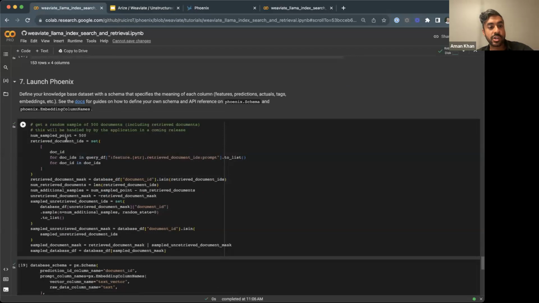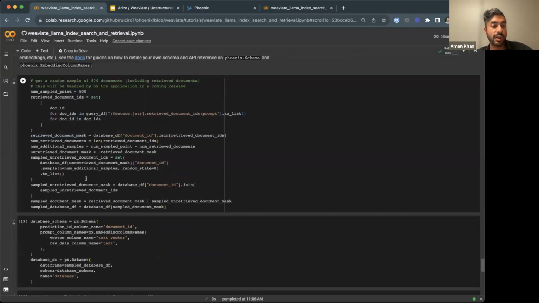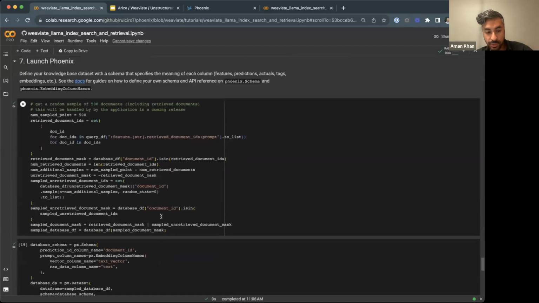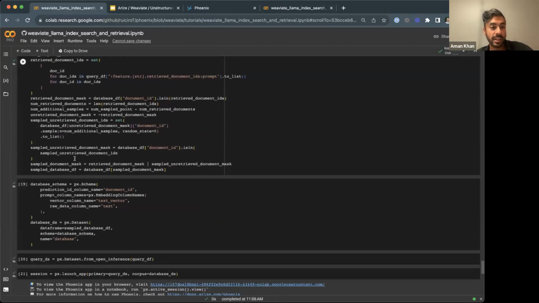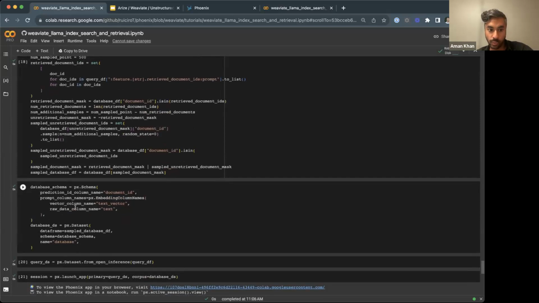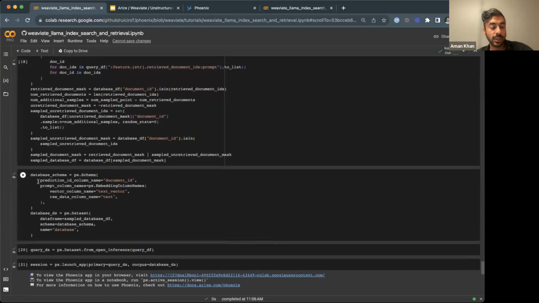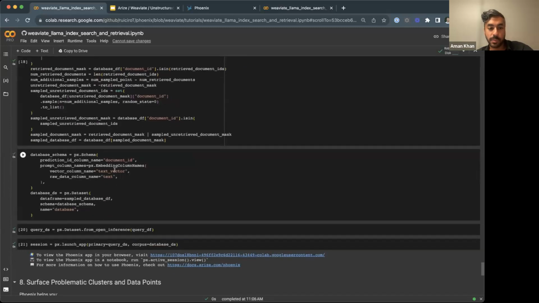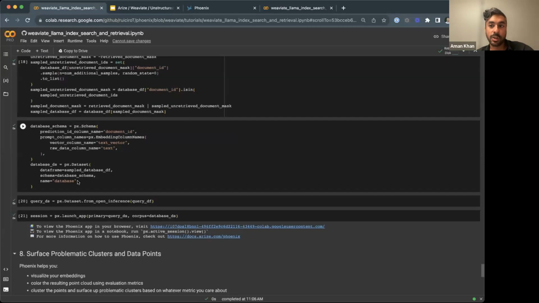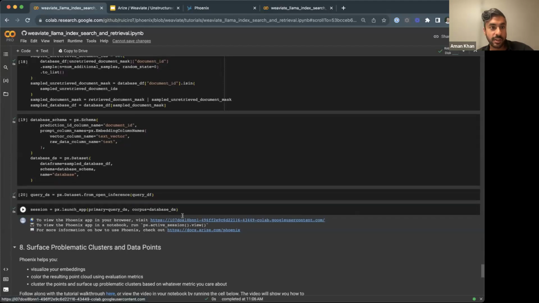You can take all that information and load it into a data frame of the retrieved documents and the queries, and format it in a standard way, which we'll link in the docs as well, to load into a Phoenix schema, which is fairly straightforward. It's just the document IDs for each prompt, or each query as we're calling it here, the vector of those prompts, and the raw data so that you can visualize that in the platform. And then we've also loaded in the database as a whole, so the knowledge base. I've run that here, and if I open that up,